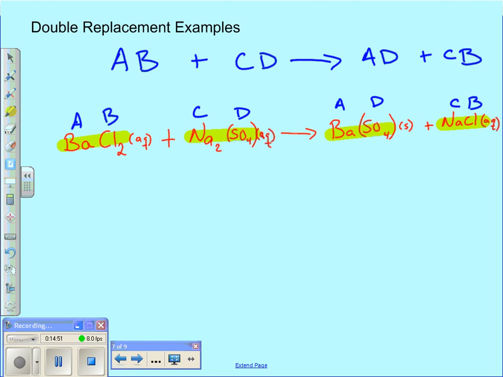One of the things you might remember from this reaction is you got this milky substance, these two clear liquids, and then all of a sudden we got this milky substance. That's the solid. That was the precipitate. So that's very common in a double replacement reaction. We will do combustion reactions later on Friday or next